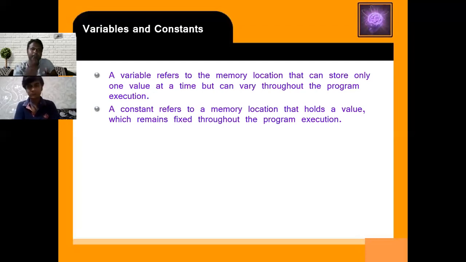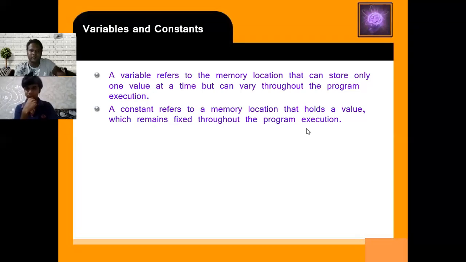That is called a variable. Throughout the program execution, the variable's value changes.